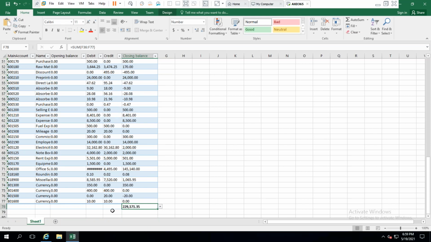This amount means the 4 series, 5 series, 6 series, 7 series, 8 series, 9 series if available. The sum of this amount will show you